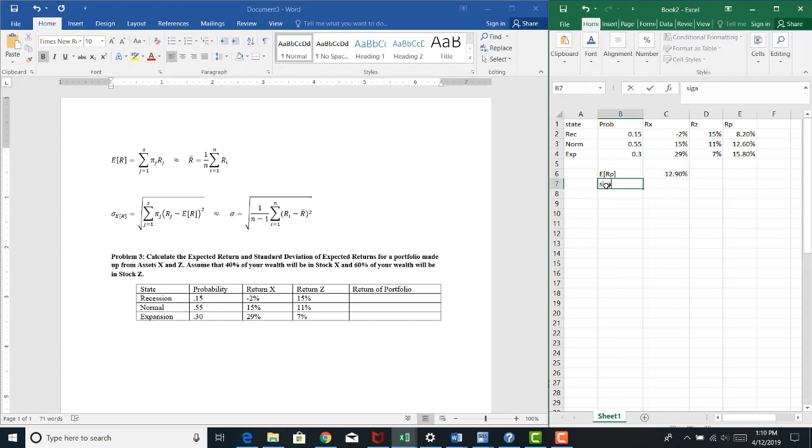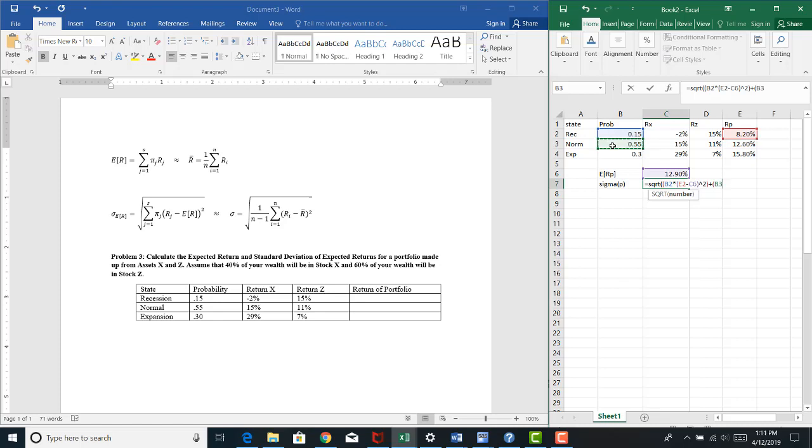To calculate sigma of the portfolio, I'm going to use this formula here. I'm going to say equals the square root of the probability of the first economic state, that is pi, times the squared difference between the returns for the portfolio in that state and the expected return of the portfolio that we just calculated. So probability of the first economic state times the returns to the portfolio in that state minus the expected return, squared. All right, so I just calculated that formula right there. I have to do this for each of the states, and I have to sum across states, so I'm going to add